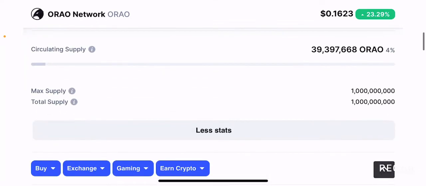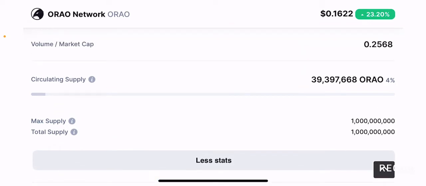If you look at the circulating supply and max supply, the max supply is about a billion tokens, and that's quite a lot of tokens for a project. But again, since it's an Oracle based project, I wouldn't really be surprised if they have these kind of numbers, because they obviously have to reward people who provide the data feeds through their native tokens in order to sustain the ecosystem. And if you see the circulating supply, there's only 4% of the tokens in circulation, which is extremely low. So you can definitely expect to see some really